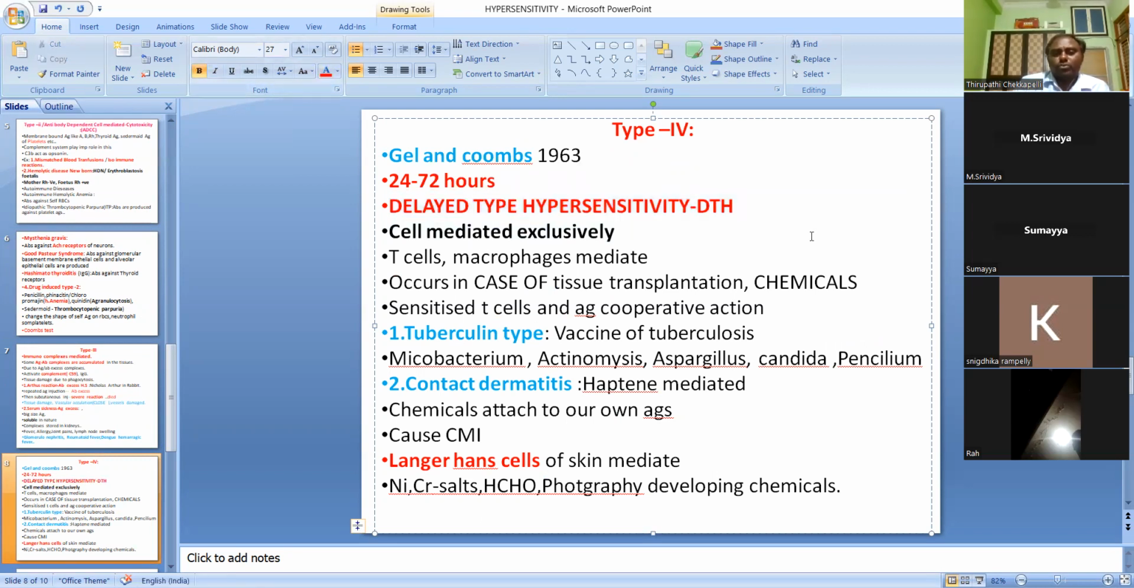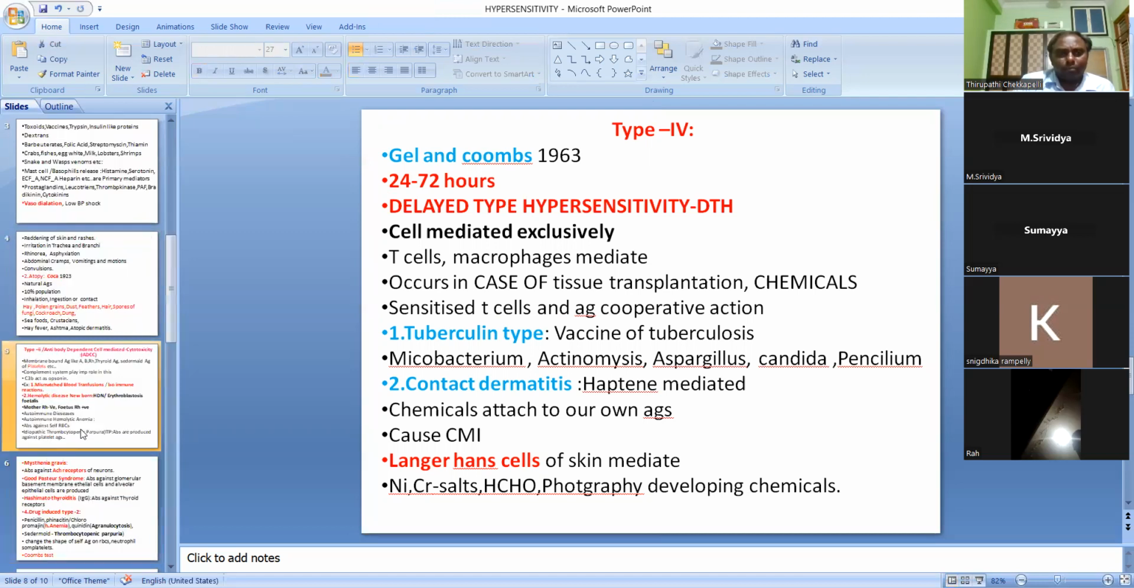You should remember this: it is exclusively cell mediated. You should also remember that here, tuberculin type of type 4 and contact dermatitis type, these two headings. Right? So with this, we almost completed